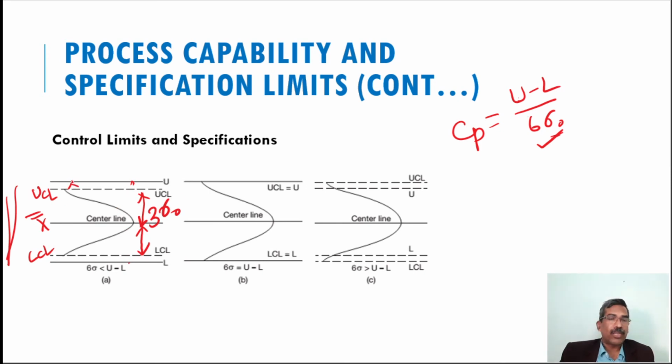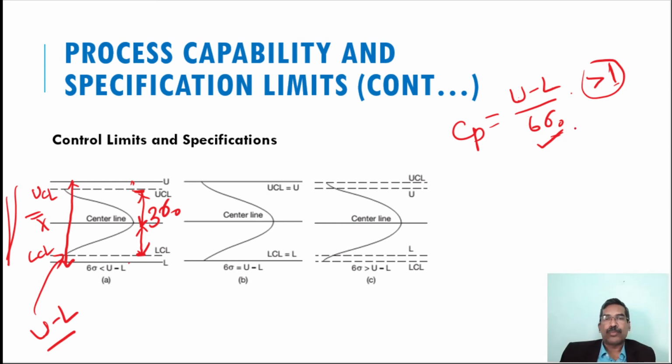The difference between the upper specification limit and lower specification limit is known as U minus L, while the difference between the upper control limit and lower control limit is UCL minus LCL. This will be the total 6 sigma. So this should be greater than 1. If this is greater than 1, that means this is